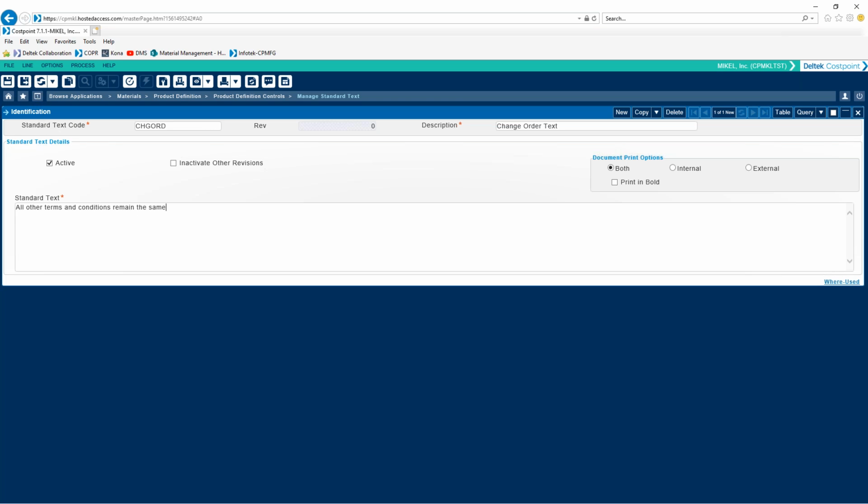And we're going to go ahead and hit save. So what we've done is we've gone ahead and added a change code check for called change order. We're telling the vendor that all of the terms and conditions remain the same, and this is just a sample. We're going to come down here to the bottom, and we're going to say